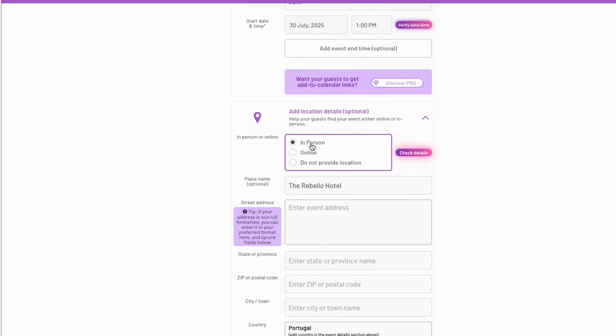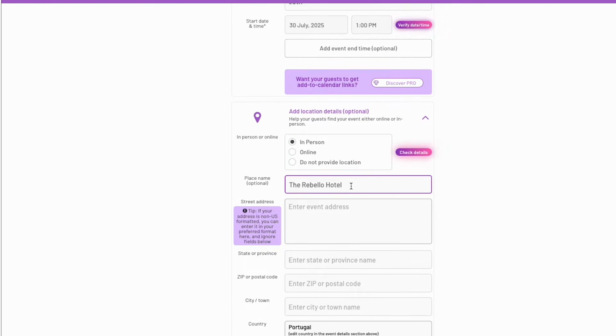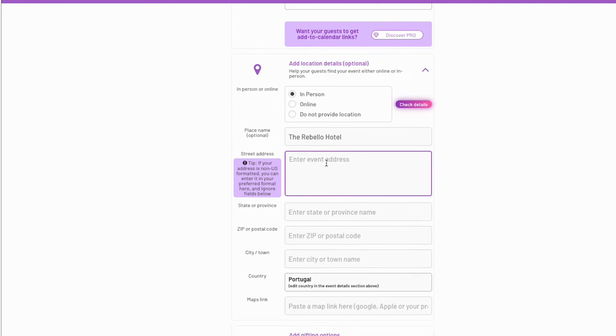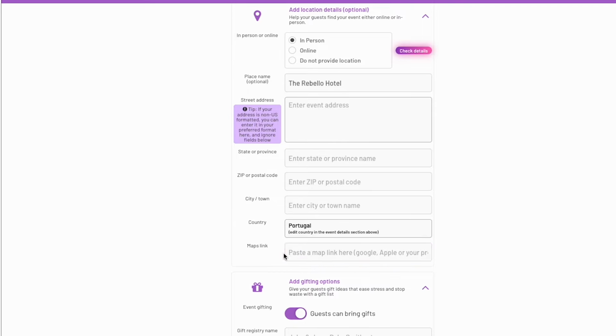Then I can add location details. So this event will be in person, that's okay. It will be at the Rebello Hotel. I can also specify a specific address. If it's a non-US format, you can enter it right here in this field. But if you have an address from the US, you can enter it in these fields as it should be. You can also add a link to Google Maps for the venue or the place of the event. For me, I can add here the Rebello Hotel listing on Google Maps so people can just click on it and find it very